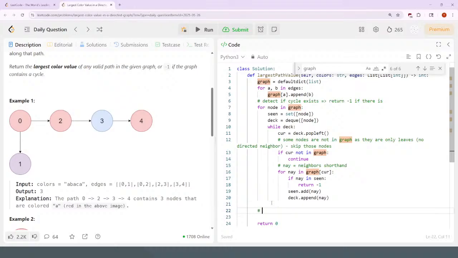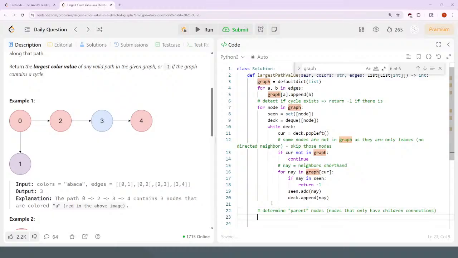So let's determine parent nodes, nodes that only have children connections,